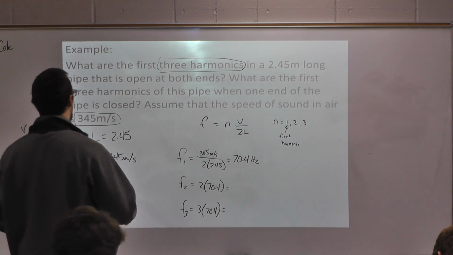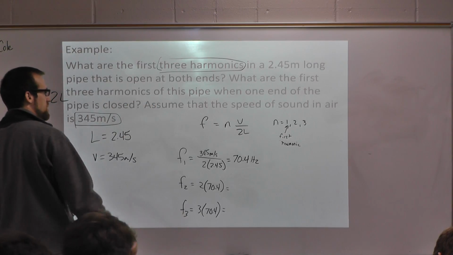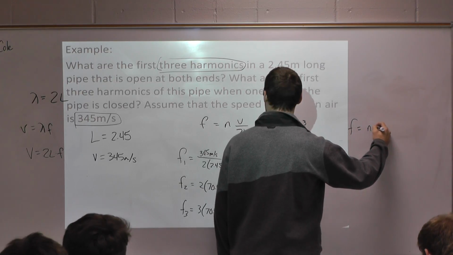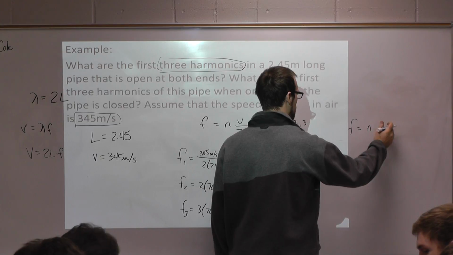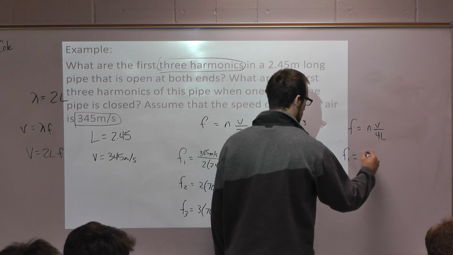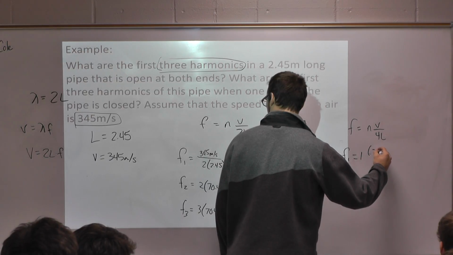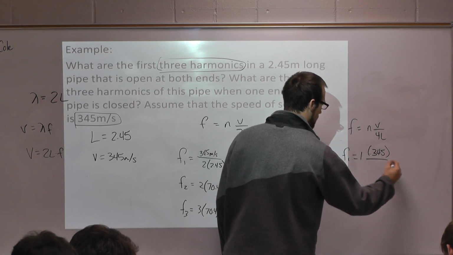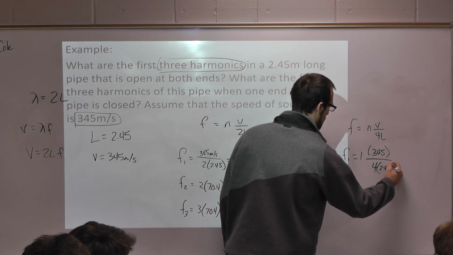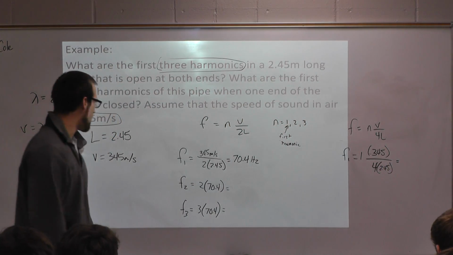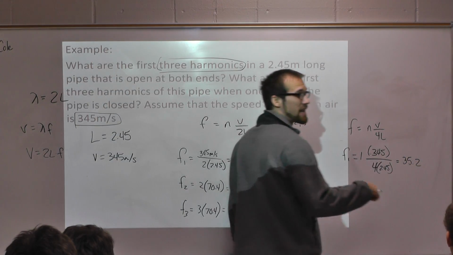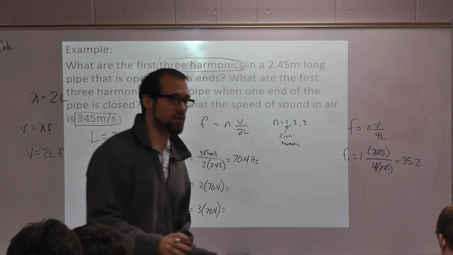Then it wants to say where it's open on one end, closed on the other. We have a different equation for that. The first is still going to be the same: 345 over 4L, multiplied by 4 instead, so it should just be half. Then we multiply that by 3. What is half of 70.4? And we do 1.5. Yes, because this is open on one end and closed on the other,